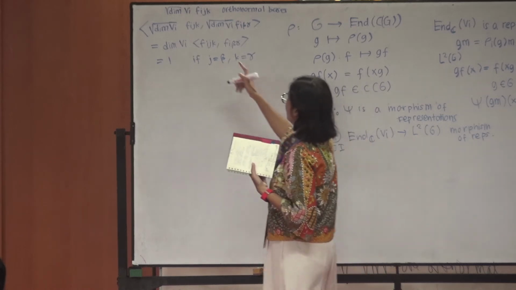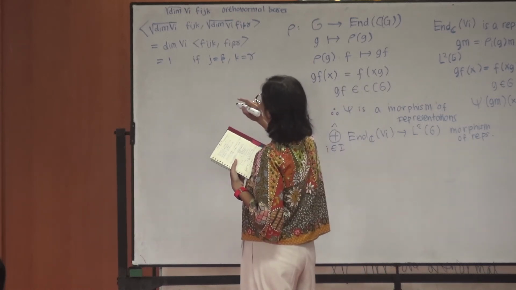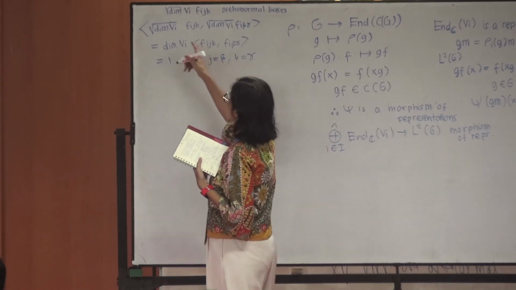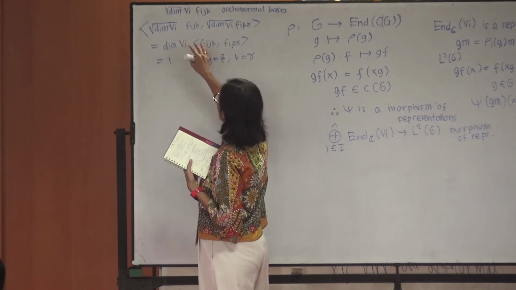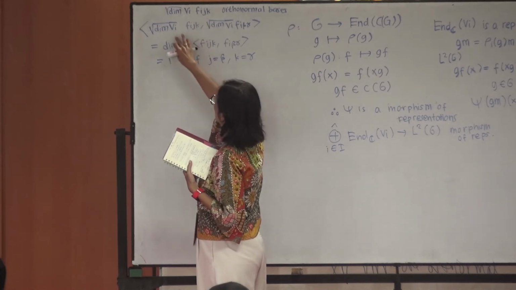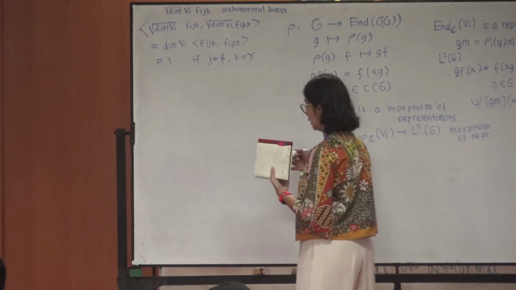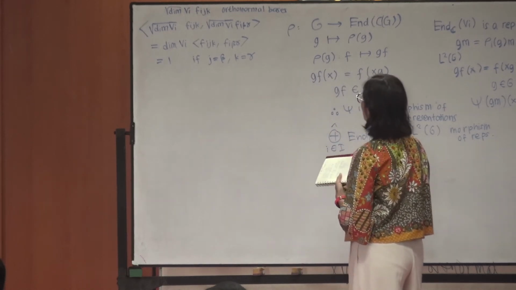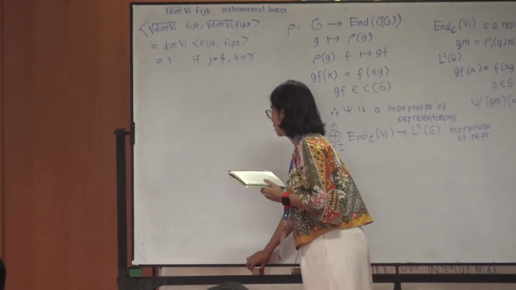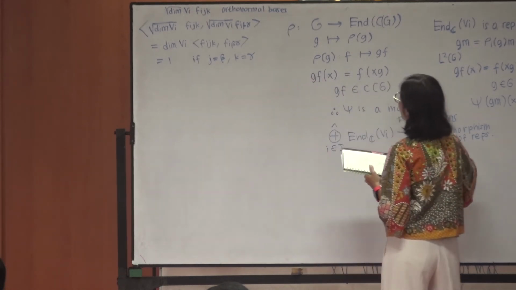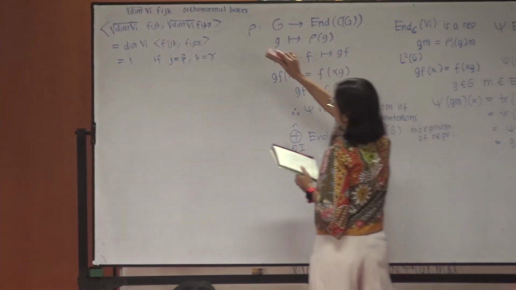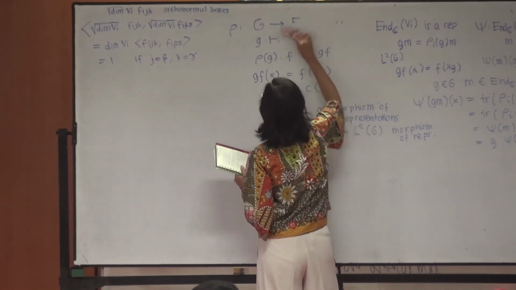And if we will see that when this is Vi and the other is Vj, then the inner product will be 0. But in order to compute this,